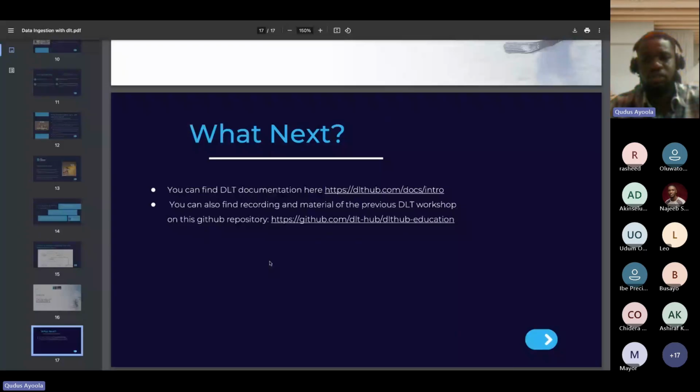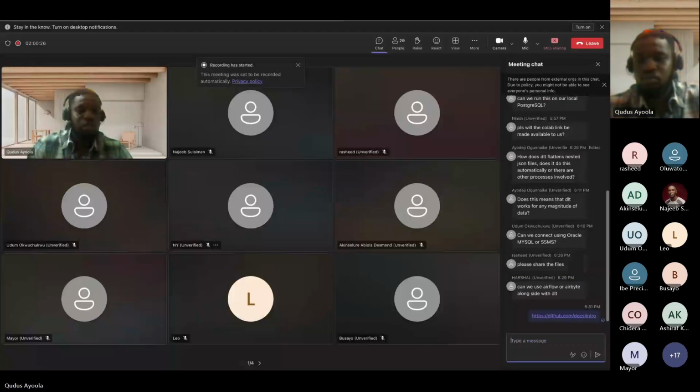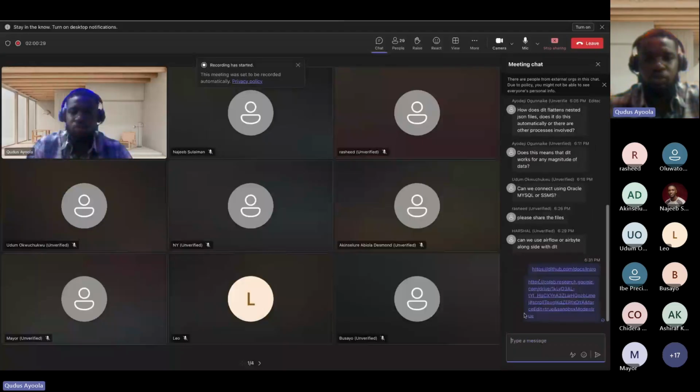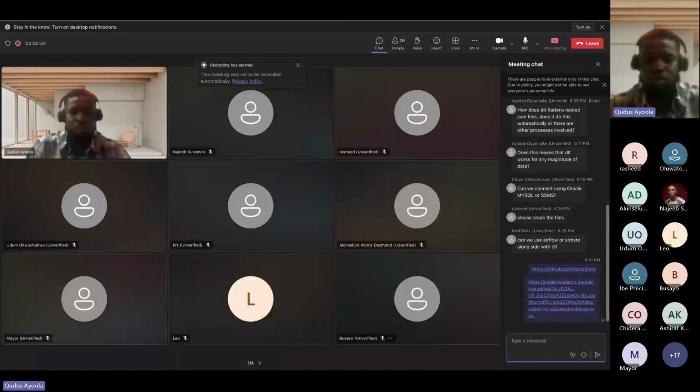This is the DLT documentation that you can use to get different guides on how you can ingest your data and pass it into different destinations. And this is the material for the previous DLT workshop that was taken by DLT themselves. So DLT typically is not an orchestration tool, it is a data loading tool. It's primarily for data loading, like a one-stop shop for data loading.